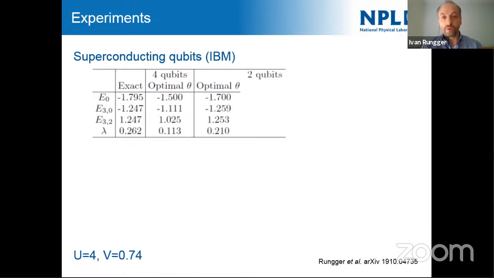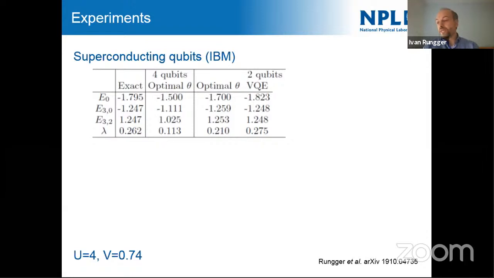And that's what I show here. Again, optimal theta. And now we go quite close to the exact number. So it's 1.7 of 1.8. And the excited state energies are quite close. And even the lambda is now within at least the same 0.2, essentially. And for this, we said, let's run the full VQE loop on the quantum hardware, which is shown here. And now actually the numbers are very close to the exact ones. And actually they are within the statistical noise of the measurements that we do. So we do, I think, 8,000 shots here.